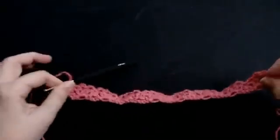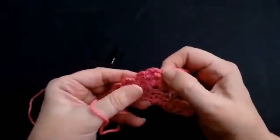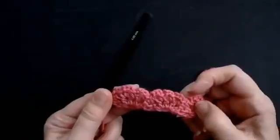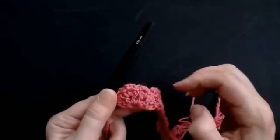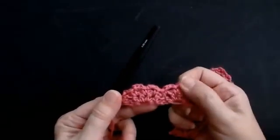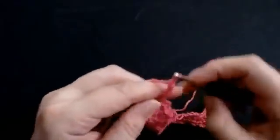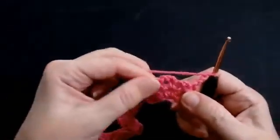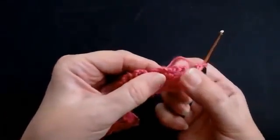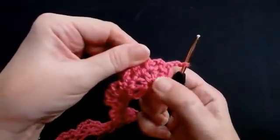And this is the back of the blanket, and this is the front. So you've got 3 little chains over the top of your fan. So this chain row and this next fan row are the 2 rows that you'll keep repeating. So once you've done all these little chains around your fan, you're going to chain 3, 1, 2, 3, turn your work, and then into the middle one you've got your first chain here, your second chain here, and your 3rd chain here. Now into this middle one